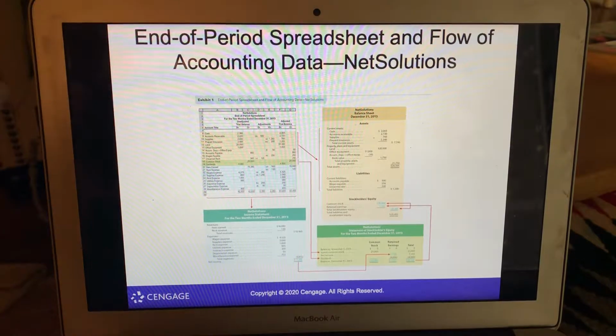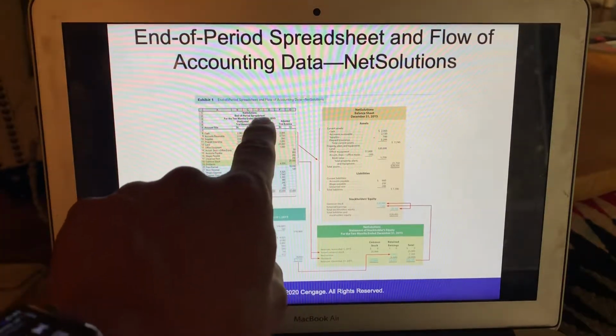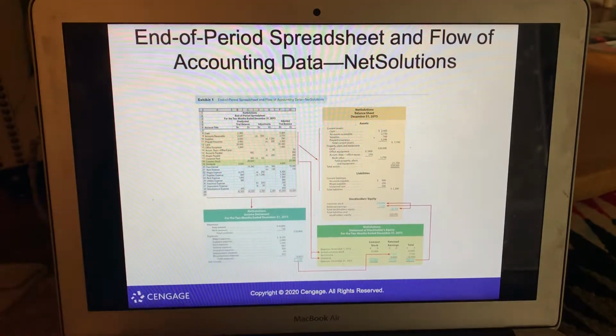As you can tell, here's the spreadsheet for NetSolutions. There's an unadjusted balance right here in these 2 columns. Then there's adjustments, and then over to the right there's the adjusted trial balance. So once you have your adjusted trial balance, you can take your revenue